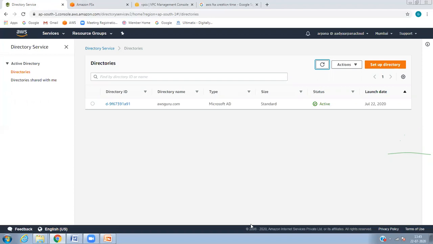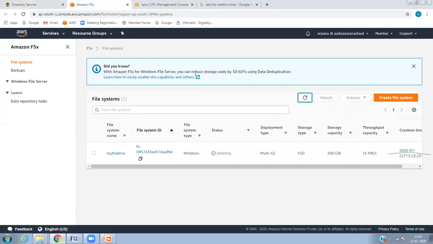I hope this session was useful for you guys. This is the first try of this particular lab. On premises it is very easy because you have all the settings and you just need to create. But here you need to create a domain and set it up. It is a complete setup of your domain and a complete setup of FSx. Got it, right, guys? Yes, now I got it. So I'm stopping the recording, then we can stop.